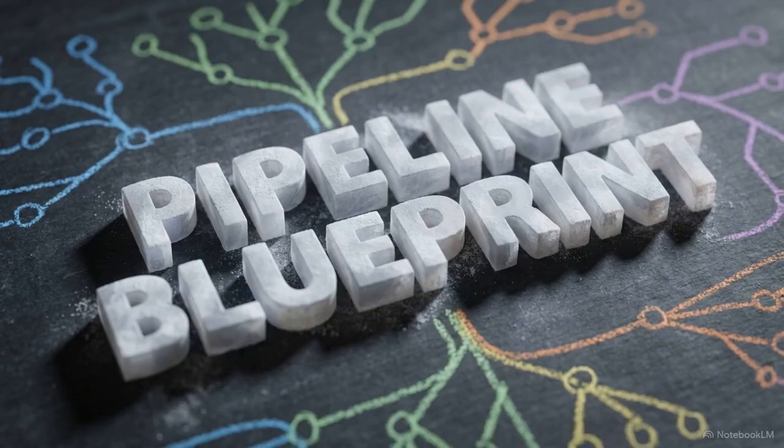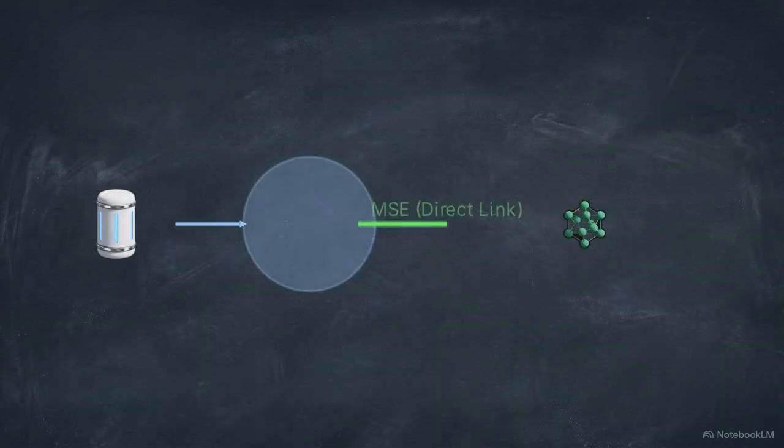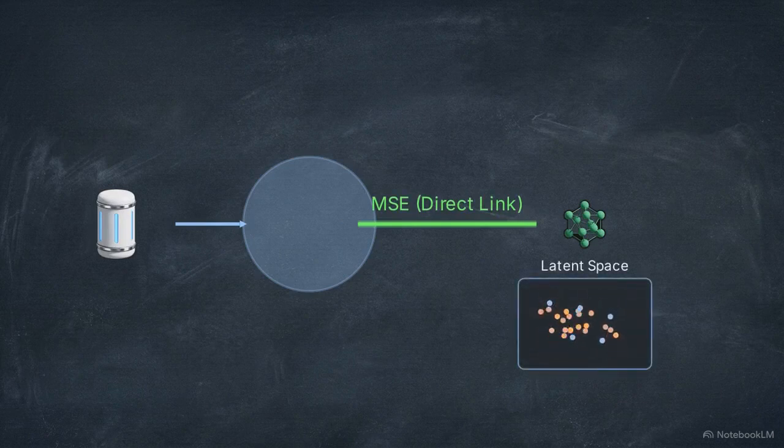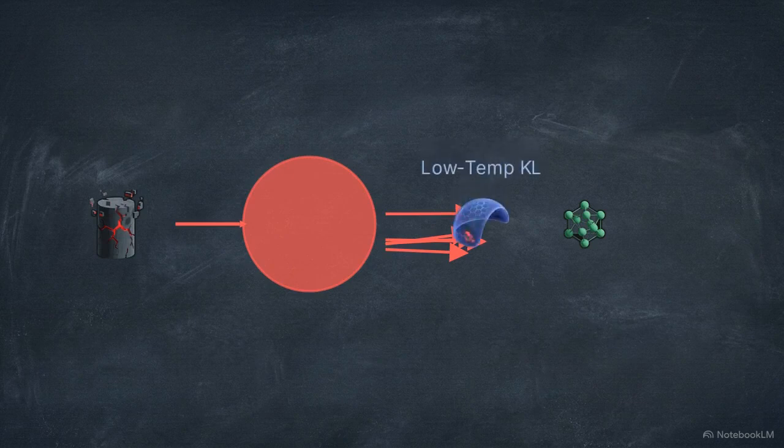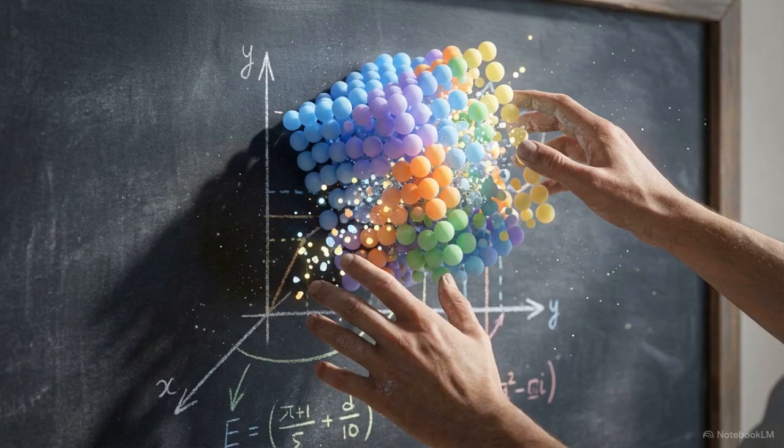This leads to a definitive decision framework for designing distillation pipelines. If the training dataset is clean and the teacher model is highly accurate, bypass KL divergence. Apply direct mean squared error to the logits to maximize geometric alignment and overall generalization. If the dataset suffers from noisy labels or the teacher is poorly fitted, use KL divergence with a low temperature to block the transfer of corrupt confidence. True model optimization requires understanding the mathematical artifacts hiding inside the latent space, allowing engineers to choose the exact right tool for their data environment.